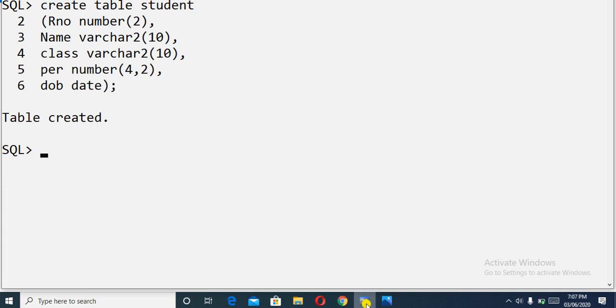Now we'll insert the values in this table by using the insert into statement. So here you have to write the name of the table, that is student, then values. So basically two methods are there to insert the values in the table. First one is directly you can give the values, and second one is by creating the object. But here I am simply inserting values by giving direct values.